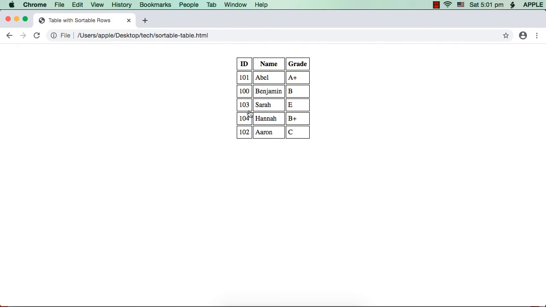So what we are going to do is make use of the helper option offered by the sortable interaction to adjust the width, that is, to make the width the same even while moving. Hope you understand what I am trying to say here. When I move it, the width of the cell with text Sara and also the grade E is now lesser than the actual width of these rows. So it is not looking good, right? So we are going to use the helper function.